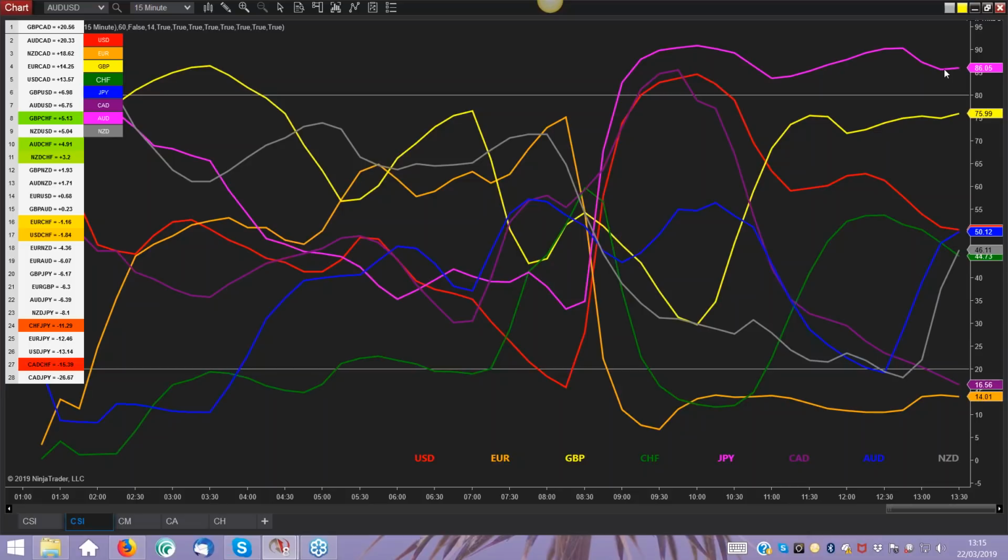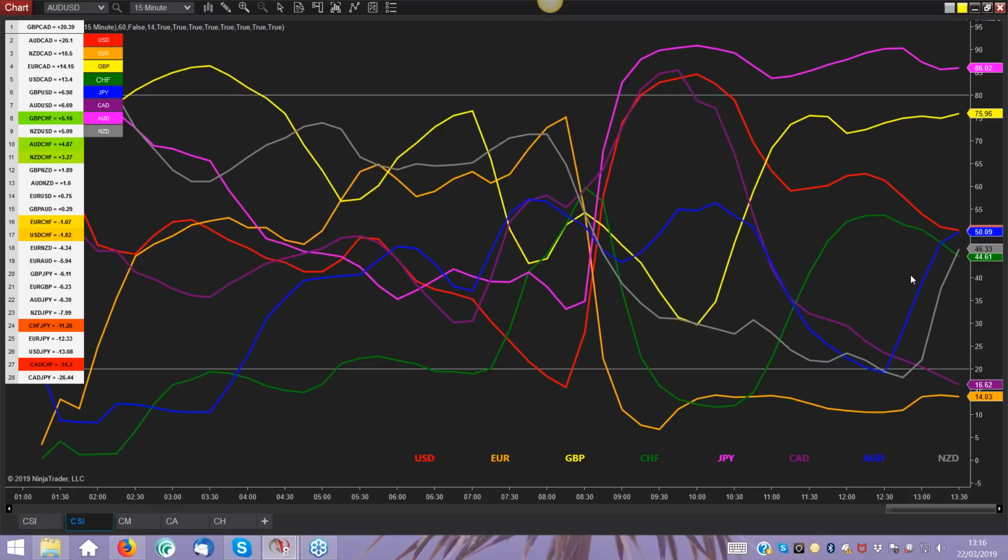It may just be that you see strong selling of the yen, for example, and nothing much happens on the euro. Now that in itself may be enough to give you some momentum, because if one currency is driving very strongly, that will deliver a trend. It won't be the strongest trend, but it'll deliver a trend of sorts, which may well be enough to make money given off a reversal trade.